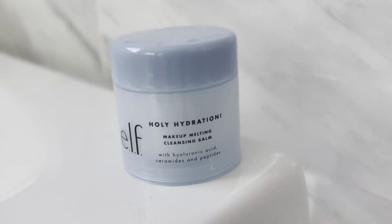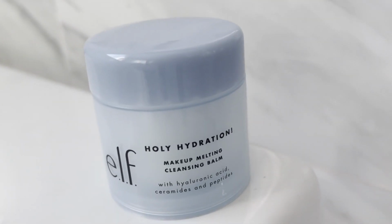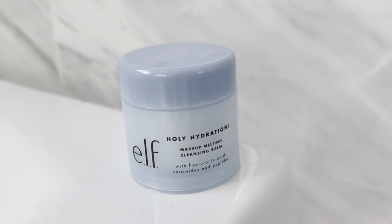It reminds me a lot of the Pharmacy Green Clean Makeup Removing Balm, and it's called the e.l.f. Holy Hydration Makeup Melting Cleansing Balm. It's a similar consistency if you've ever tried the Pharmacy Cleansing Balm. It's very lightweight and whipped, and it melts the makeup off, turns into this white milky consistency. Everything just wipes right off your face and preps the skin to follow up with another cleanser,